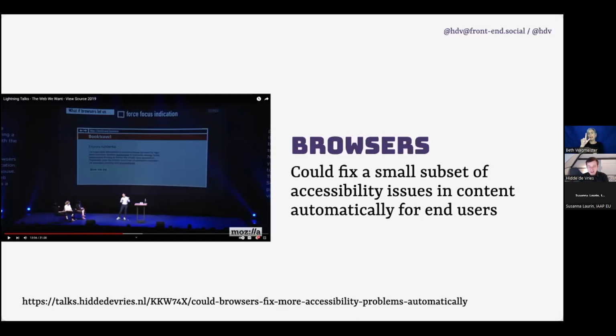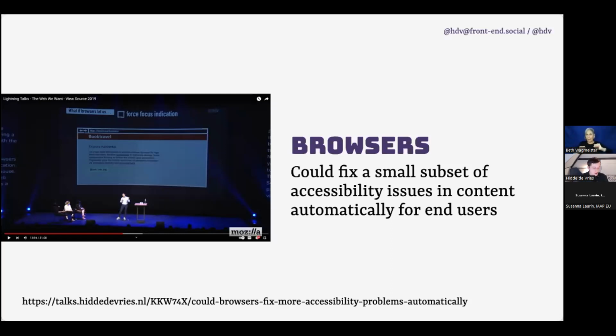And they had this contest where they asked people, what should we build into browsers, or how should we change browsers? And I submitted this idea of, why don't you fix some accessibility problems automatically? And it was all cool. Really good responses. Some of the problems that I talked about have been fixed since as well, which is really nice. And there's a bunch of things that a browser could fix.